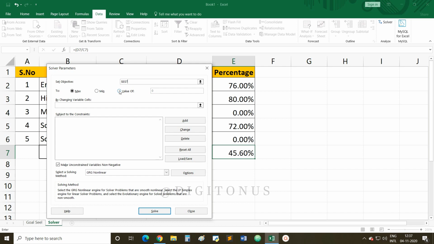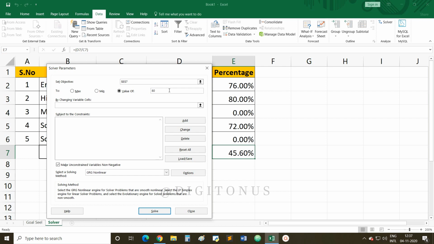So we have a specific value, so we will select Value Of, and here we will write 80. If you have used the percentage data type under the percentage column, it is displaying the percentage symbol.